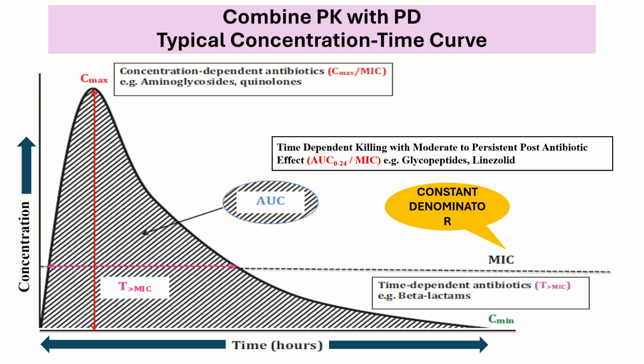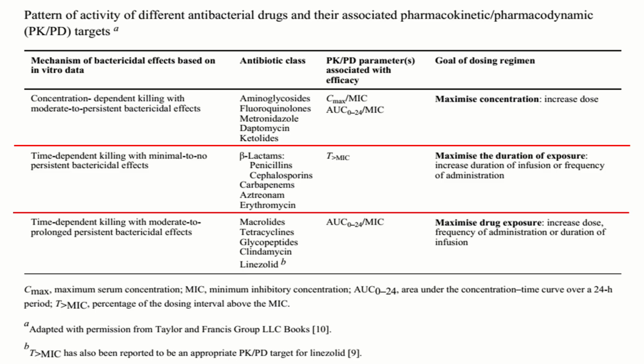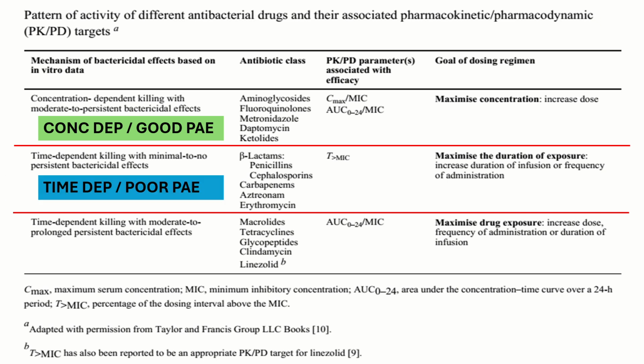The third one is the total amount of the antibiotic given to the patient, which is the area under the curve divided by the MIC. So the constant denominator in all the three PKPD indices is your MIC, and if the MIC level rises, then definitely the efficacy of the antibiotic will fall. So as we can see with this table, we have the concentration dependent antibiotics which have a good post antibiotic effect because they're acting primarily at the genetic level. The time dependent antibiotics have a poor post antibiotic effect because they're acting on the constantly dividing bacteria,